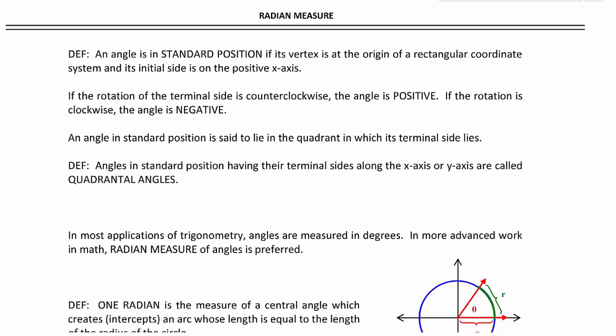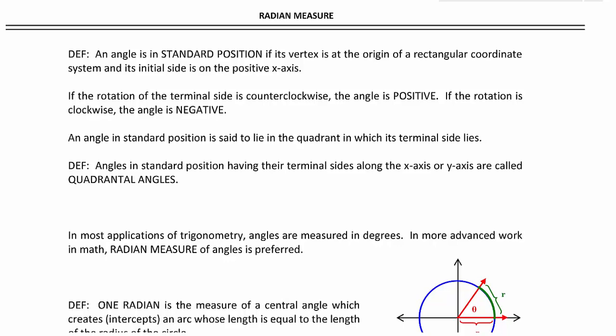This video discusses radian measure. An angle is in standard position if its vertex is at the origin of a rectangular coordinate system and its initial side is on the positive x-axis. If the rotation of the terminal side is counterclockwise, the angle is positive, while if the rotation is clockwise, the